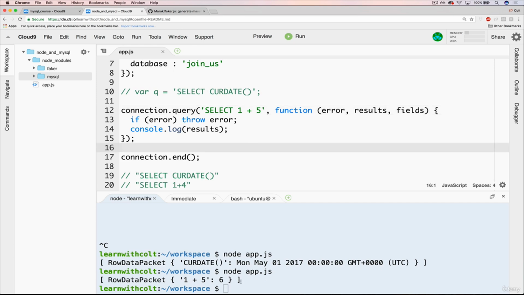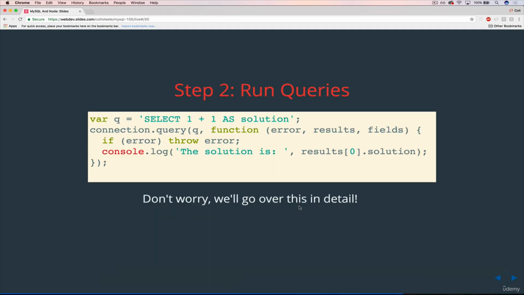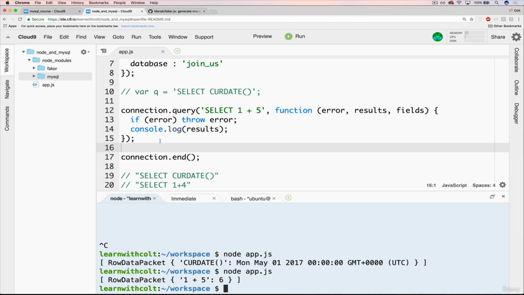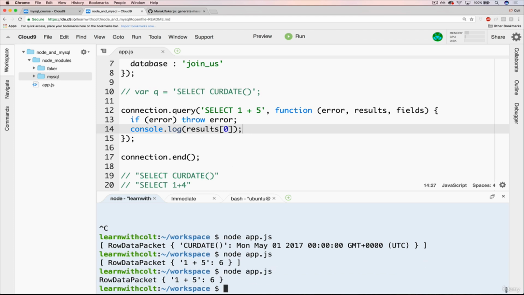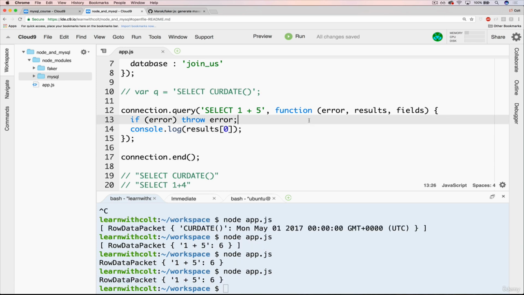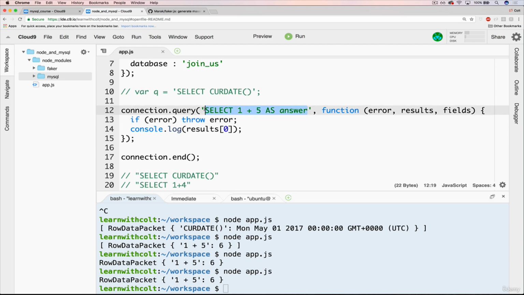So what we're getting back, this syntax is kind of wonky. I totally get that. The way we can get around it, if we just want the answer, we can start by adding in 0, which is basically, if you're familiar with an array, it's going to give us the first item. So if we try this again, now we're working with this row data packet in particular. And to make this easier to access, I can just go in here and add an as. So if I do as answer, for example, select 1 plus 5 as answer,